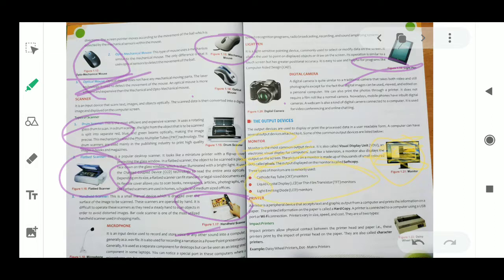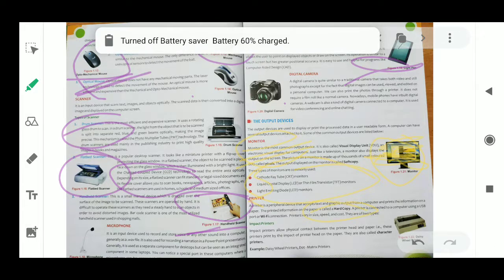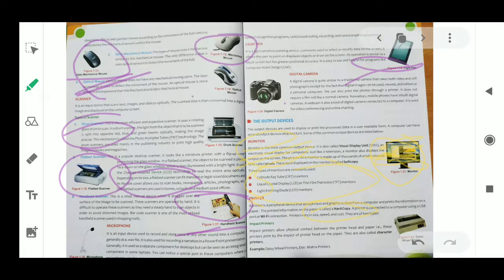Next is your printer. A printer is a peripheral device that is used for taking a printout on paper. If some digital information is in your computer and you want to print it on paper, you can use your printer. That output is called hard copy. Whatever output we get from the printer is called hard copy. Output on the monitor is called soft copy.